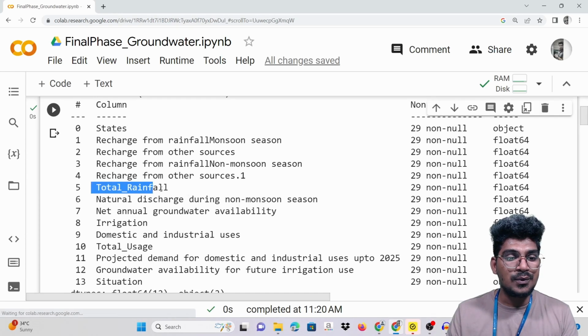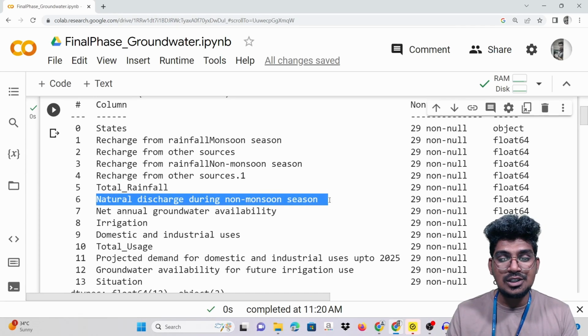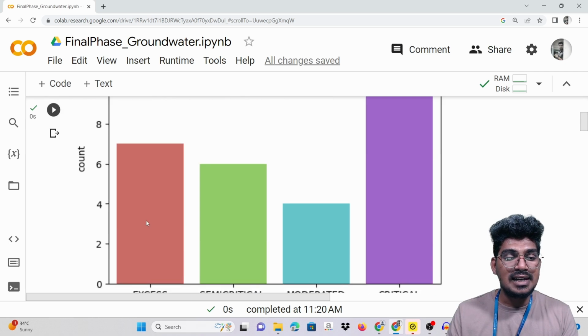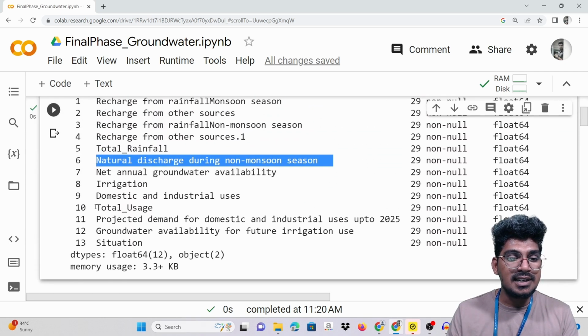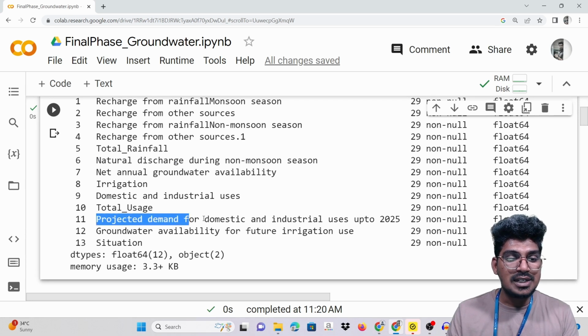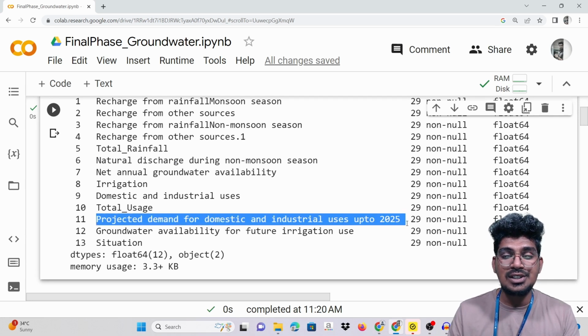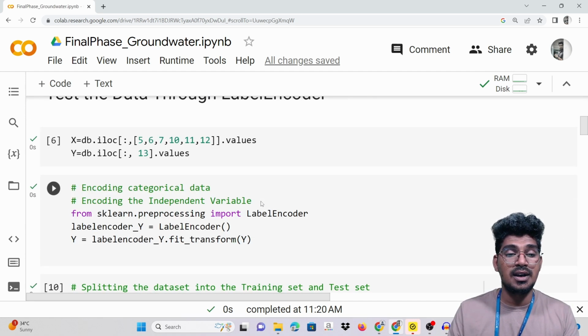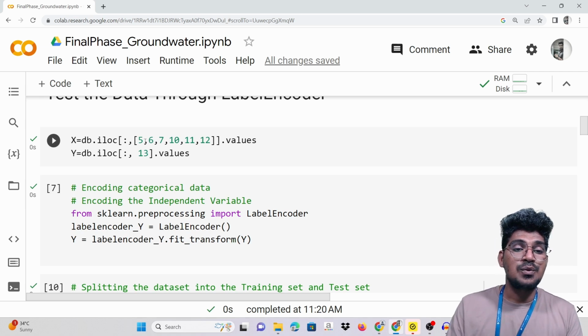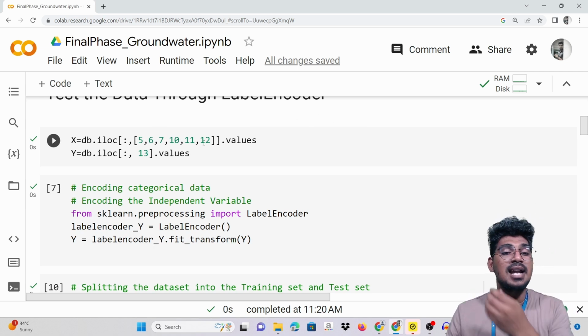5 is total rainfall, 6 is the natural discharge during that period, and is irrigation there? No, there is no irrigation there. 7 directly, and 10 here is total usage and projected demand for domestic and also industrial uses up to 2025, and this will be the groundwater availability for the future. So 5, 6, 7 and 10 and 11